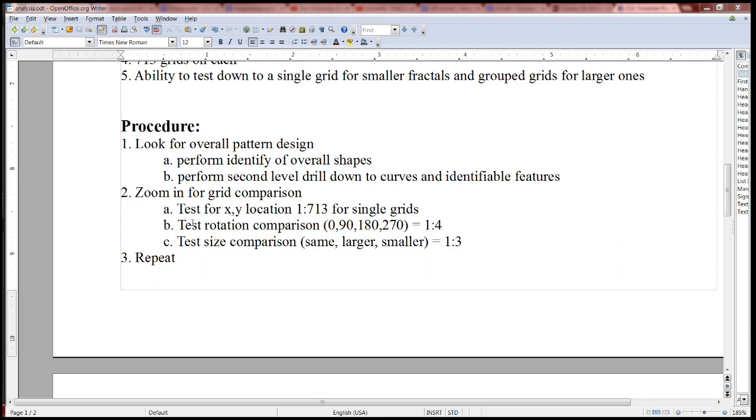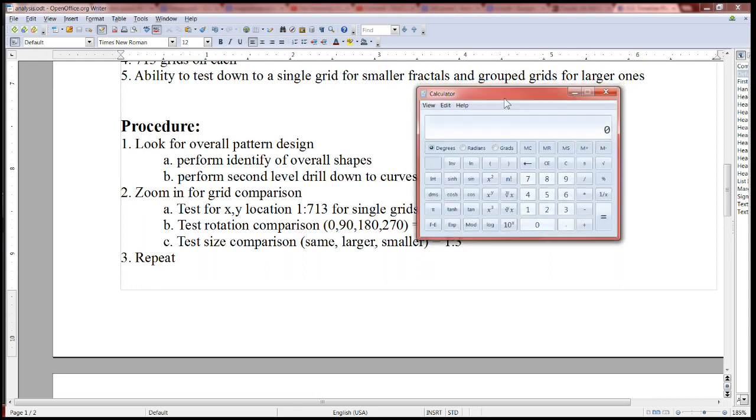For example, her face would be a great place to start because her face consists of about 9 grids, I believe. And so if we take 713 divided by 9, then that number would be our ratio if we wanted to perform math, which we will do at the very end of this thing. And we can say that the odds of the face being located where it's supposed to be on the whole image would be,